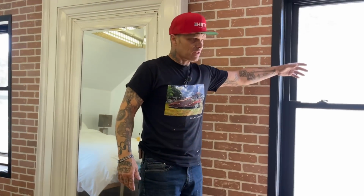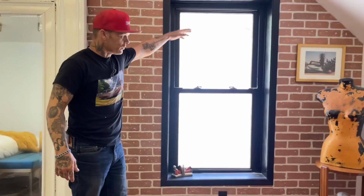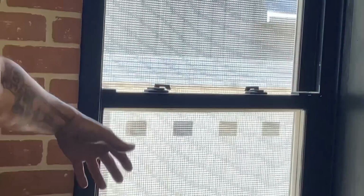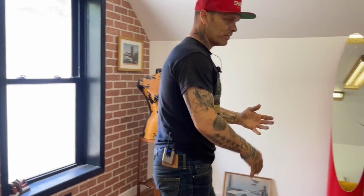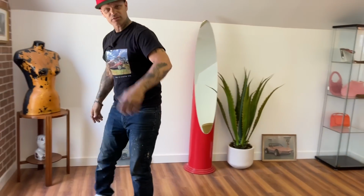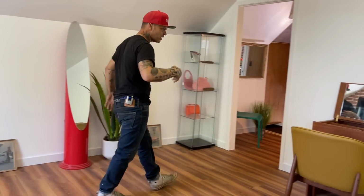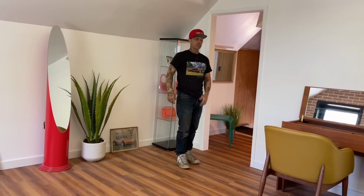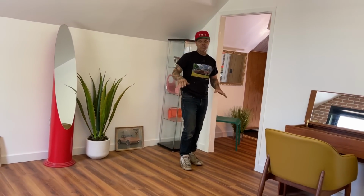If you would like to have the barn with the house, you very easily can keep an eye on your barn because you can just look out the back window and there's your barn. And you can put whatever you want in there. Put your camper in there and live in there. You could put cars in there. You could start a brewery in there. You could start whatever you want. It's up to you. That's where, if you're interested in something like this, you come up with your idea. But our idea was Airbnb,